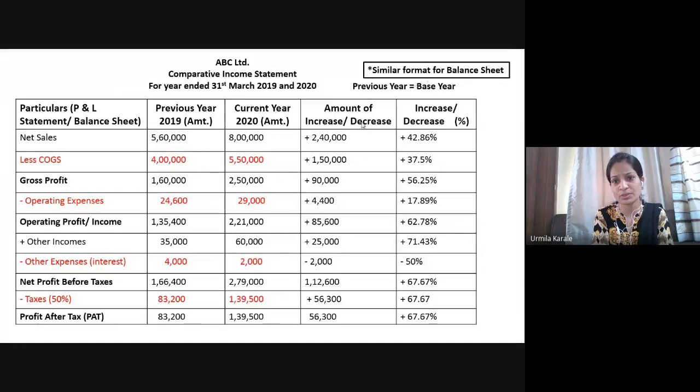So this is bigger than 42%, whereas you can see this one. I'll highlight it. This has increased by 42%, but a proportionate increase is not there in operating expenses. There is comparatively a very small increase in operating expenses. So what has happened? This has increased by around 40%, but this has increased only around 20%. So you can see almost 20% saving has happened, and where that saving has gone, it is getting reflected here in terms of higher profits.